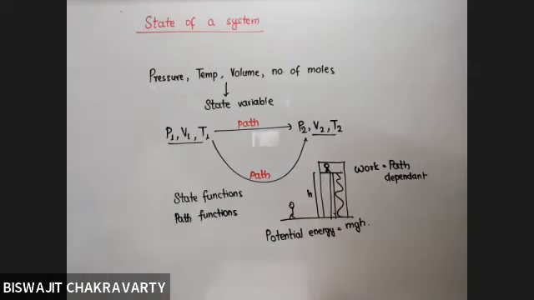So potential energy is independent of the path taken. Are you getting me? Yes, sir. So hence, if a function is independent of the path taken, no matter whatever path you are taking, but it depends only upon the initial state and final state, then it will be called a state function. But if it depends upon the path taken, so if you change the path, you will get a different result, then that is called path dependent or a path function.